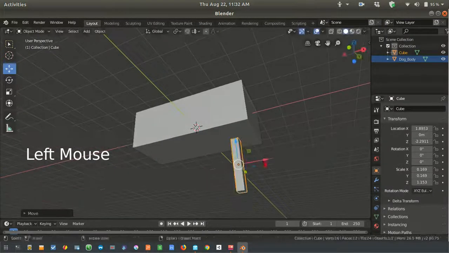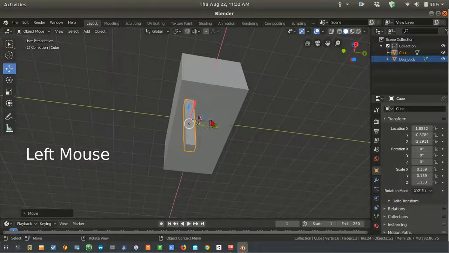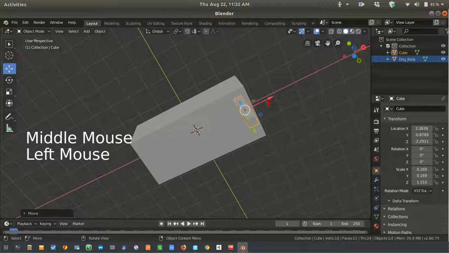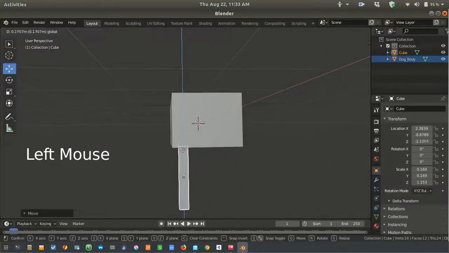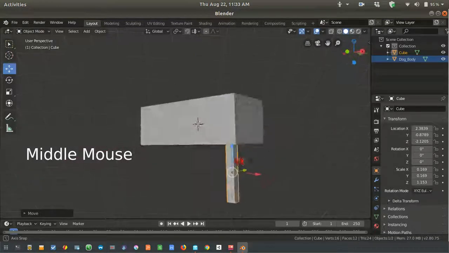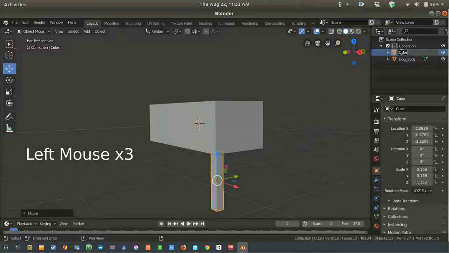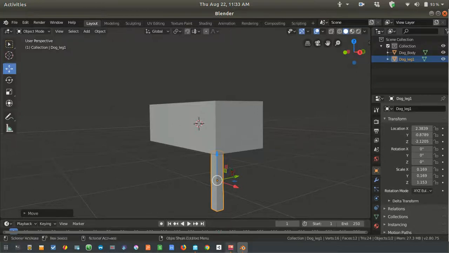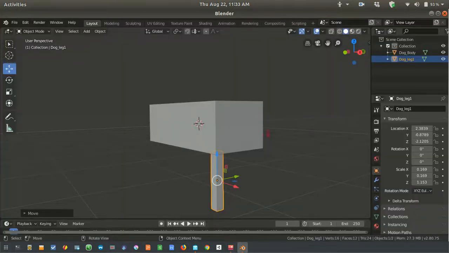Arrange the legs. So here, on the front, make sure it's, yep, this is the leg. Leg 1, dog underscore leg 1. So now we are going to do leg 2, leg 3, and leg 4 by